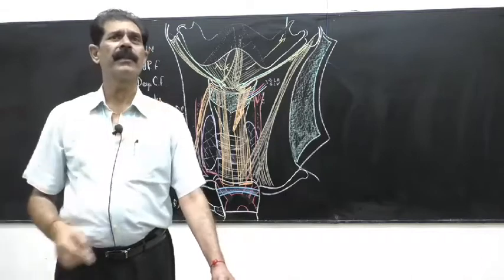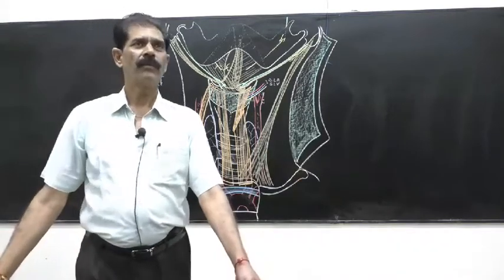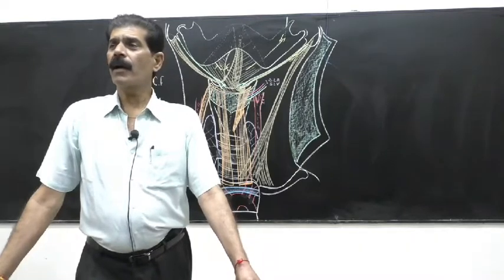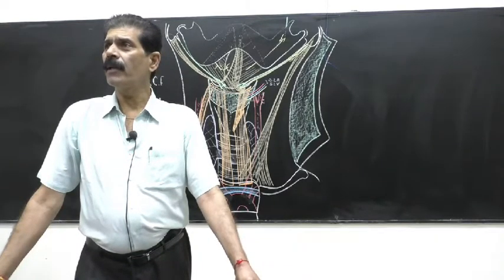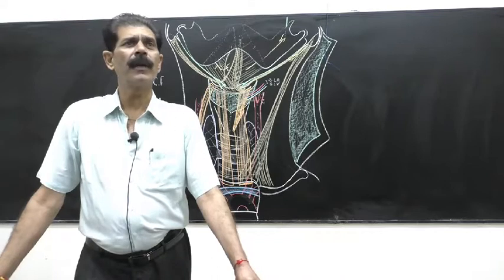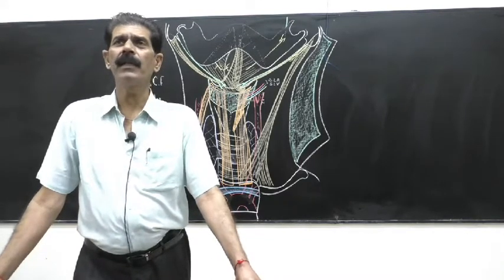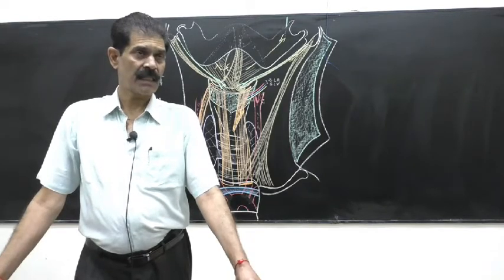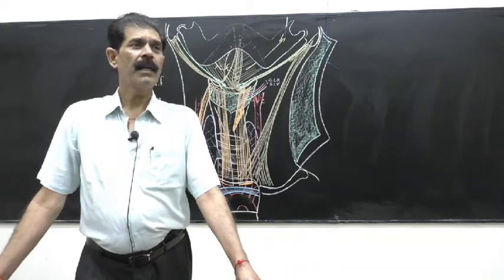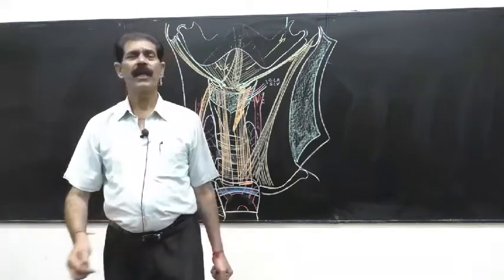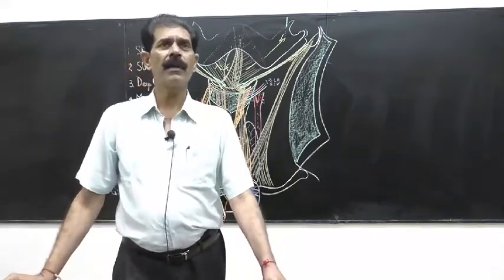The internal carotid artery is called internal because it goes inside the skull to form the circle of Willis. This is the same artery; see the origin now, which you have done in the brain. The internal carotid artery is only made to supply the brain. So it has no branches in the neck before it enters the carotid canal of the norma basalis. This carotid canal leads to the foramen lacerum in the middle cranial fossa. So that is the course of the internal carotid artery.